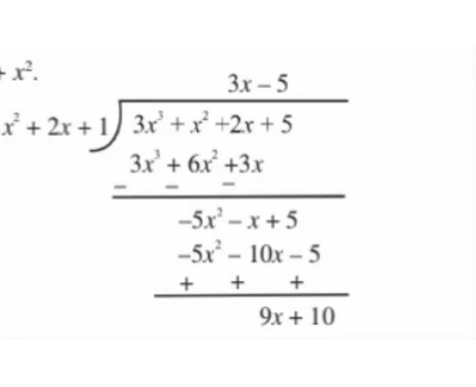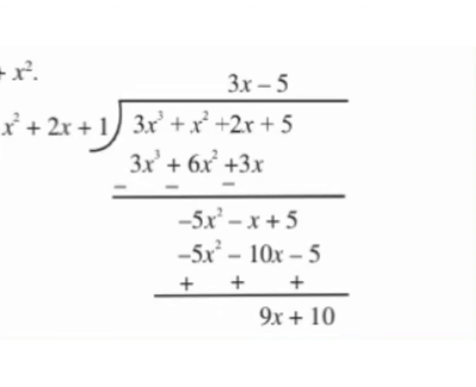Now for division, multiply 3x by x square, you will get 3x cubed. Multiply 3x with plus 2x, you will get 6x square, and multiply 3x with plus 1, you will get 3x, which you can see in the next step of the division. Now the next thing which you have to do is you have to change the sign. Here you can see that 3x cubed, 6x square and 3x, all the three are having plus sign. So that sign will be changed and they will become minus.